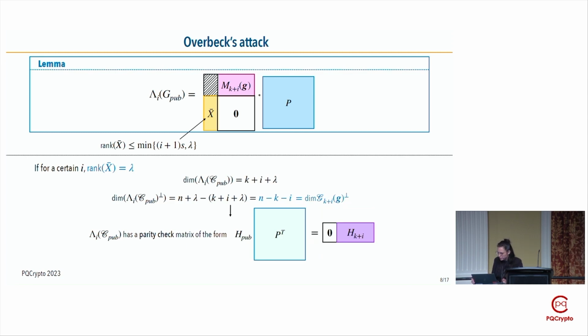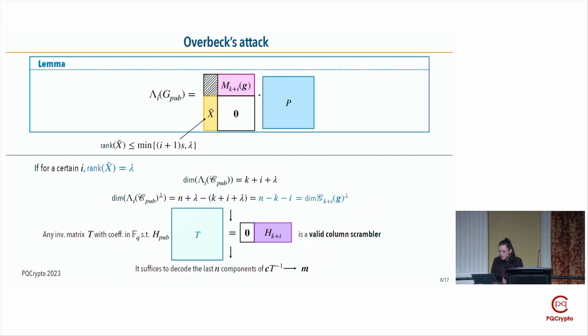And in particular, we have this equality, and Overbeck proved that any invertible matrix with coefficients in FQ, which multiplied by a parity check matrix of the Q-sum operator of C-pub gives us a block of zeros in the beginning, is what we call a valid column scrambler, meaning that this matrix T behaves exactly in the same way as the column scrambler P. So once we find such an invertible matrix, then we win, because it just suffices to decode the last n components of the ciphertext times T minus 1, exactly as we did before for the decryption phase, to find the